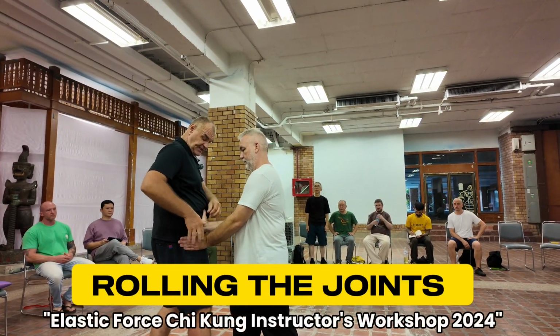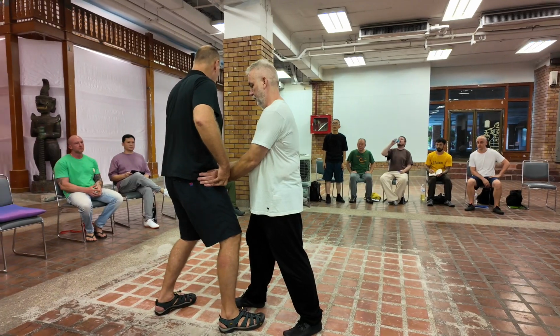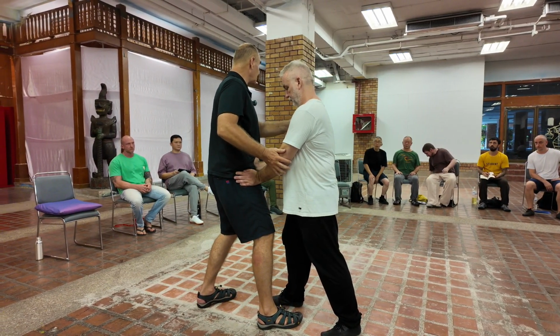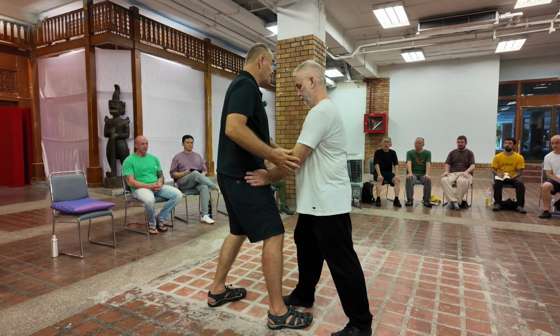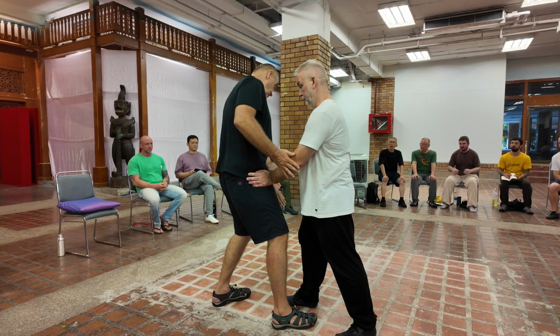Going, I've got a microphone there, so please hand it below. He's going to push through my hip onto the back foot. I'm just going to relax it down, get the physical, feel the physical sense of the pressures. Then I'm going to touch the elbows, feel this base, and I'm going to slowly slide my hip underneath his